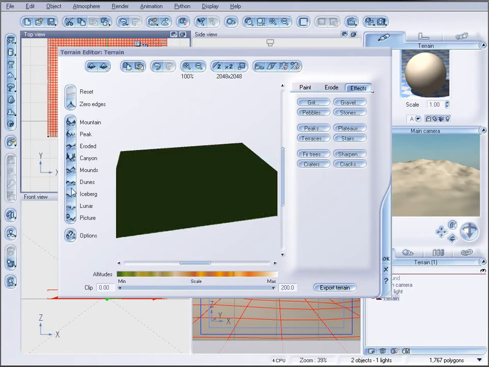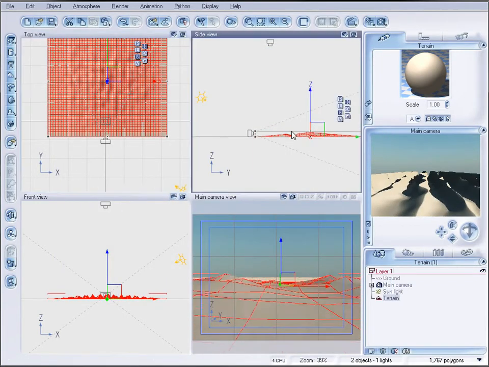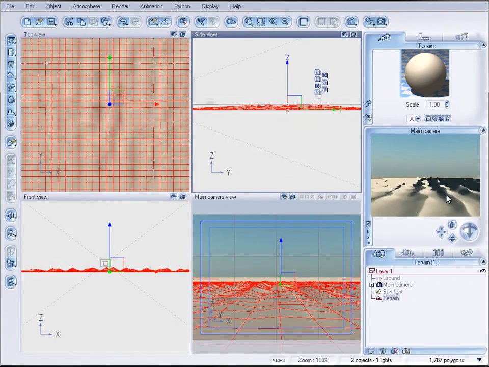Okay, reset, and let's click once more on dunes. Okay, it's done. Let's click OK. So right here we have our dunes. Next, I want to make it a bit flatter, kind of like an ocean floor maybe. And let's change our